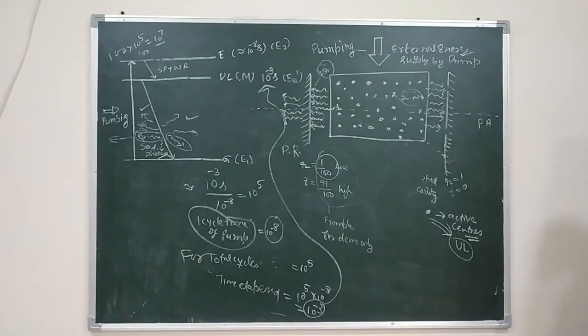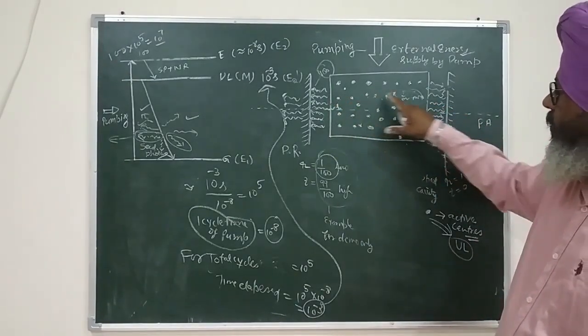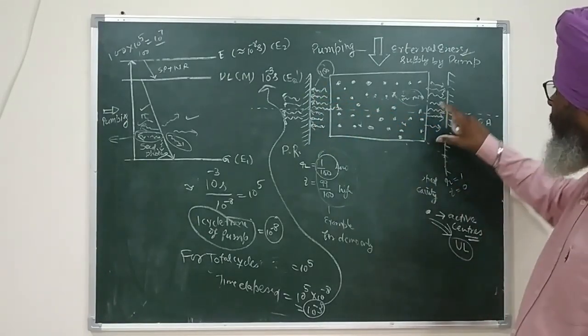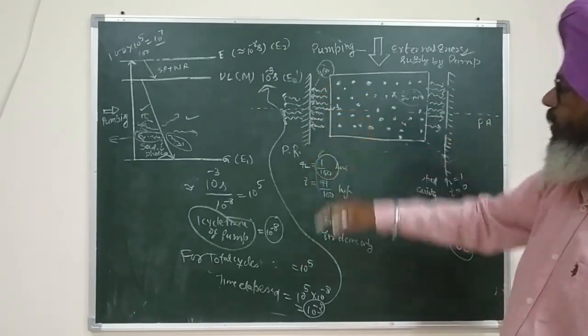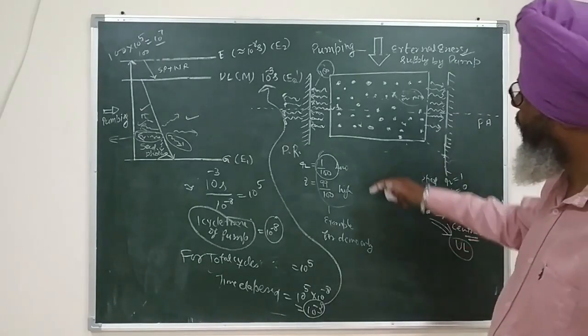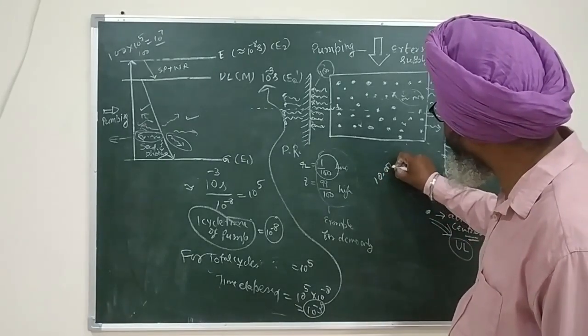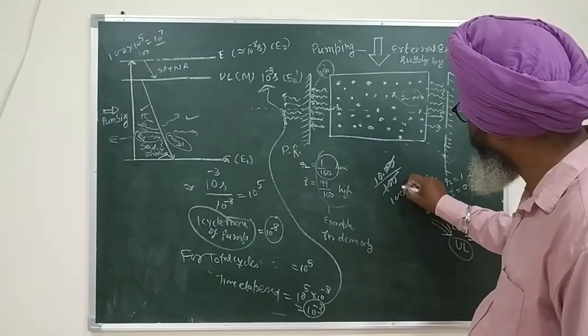If I take that in every cycle uniform multiplication is taking place, so 1 is multiplied by 100, one photon leads to 100 due to collisions, and when 100 are entering, these will become 100 into 100, 10,000, and when these will be 10,000, what is going to happen? The reflectance is 1 by 100, so out of 10,000, if I divide it by 100, then 100 will be